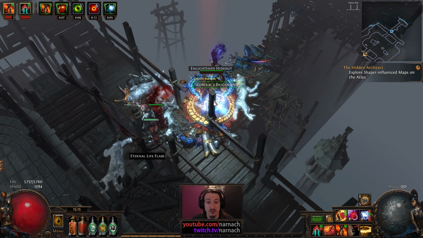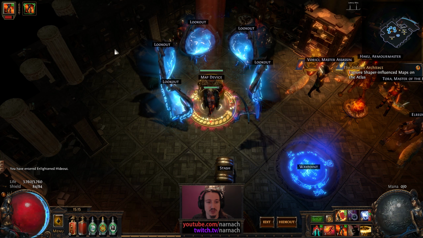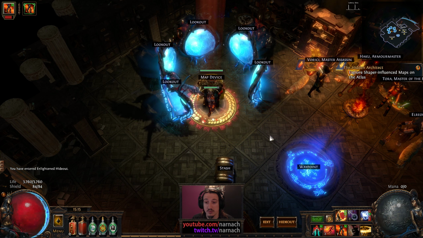Okay, and once again, relatively filled up on items. But now all we have to do is just walk a little bit to the sides here. Probably still should invite Zana to the hideout. And